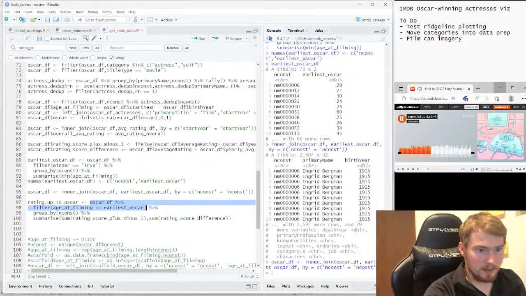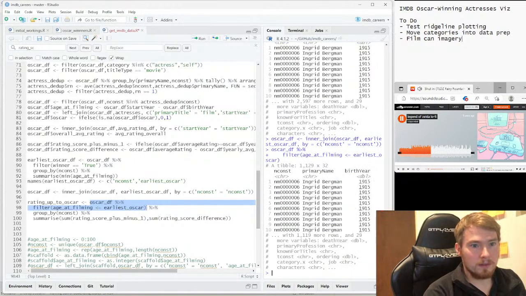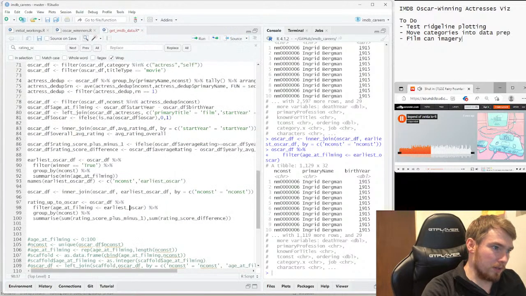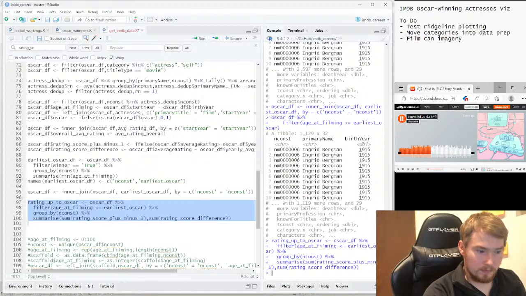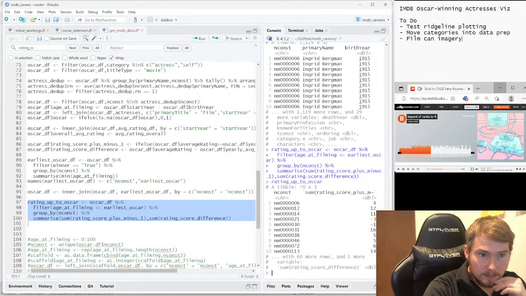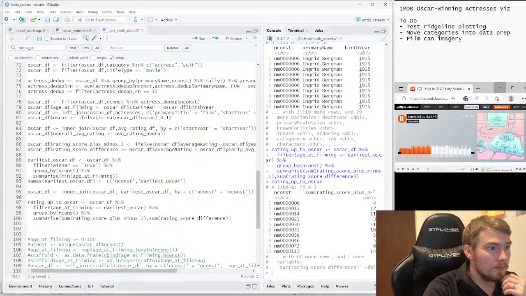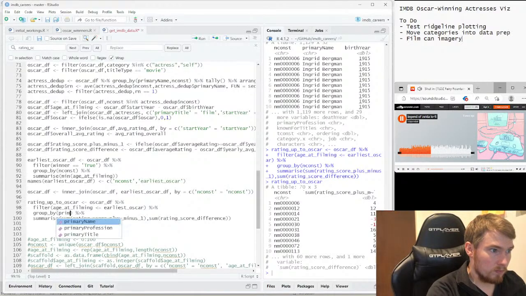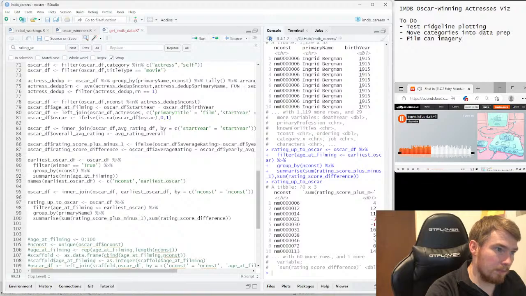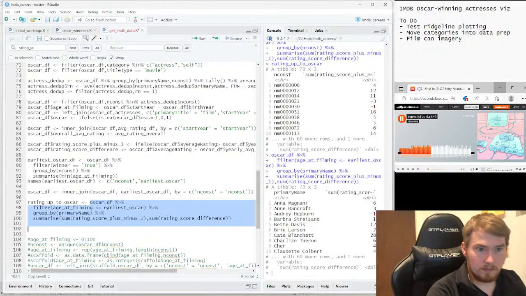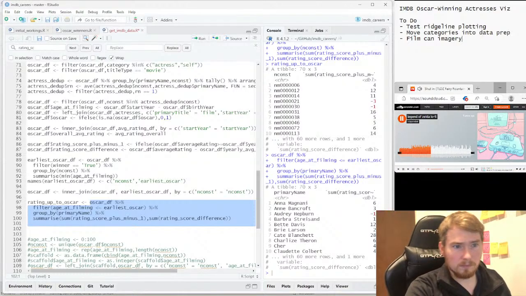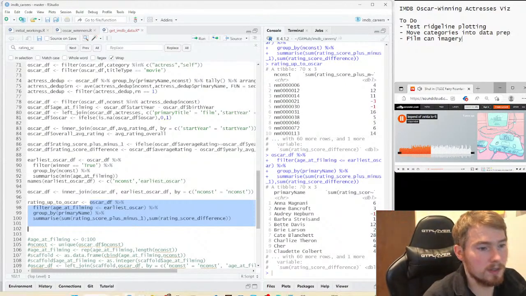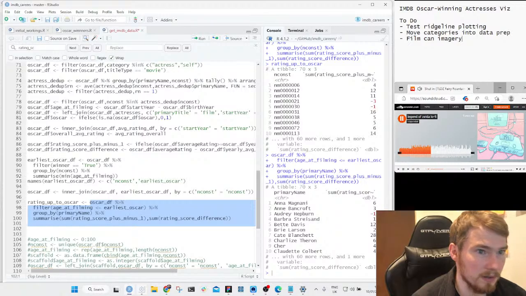So what's the deal with this? Okay, that works. Okay, that works again. Cool. So we can check with Audrey Hepburn as well.